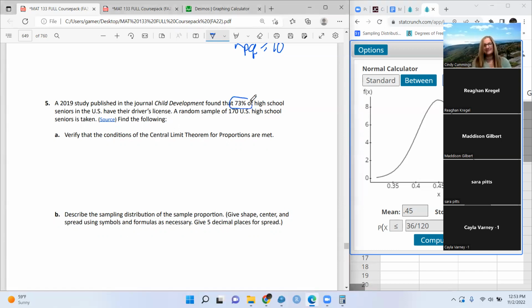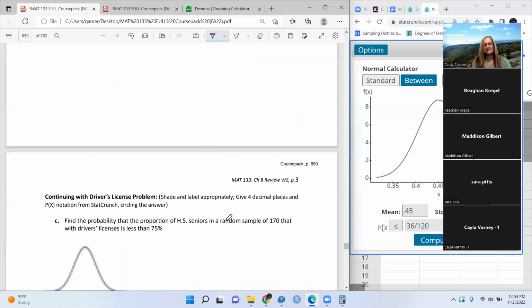Good. So percent says proportion, and it says proportion in A. So that's another clue that sometimes the prompts aren't 100% clear. They don't state it, but then down in the question parts, you get to see it. So it says it in A, it also says it in B. And then if you look at C,